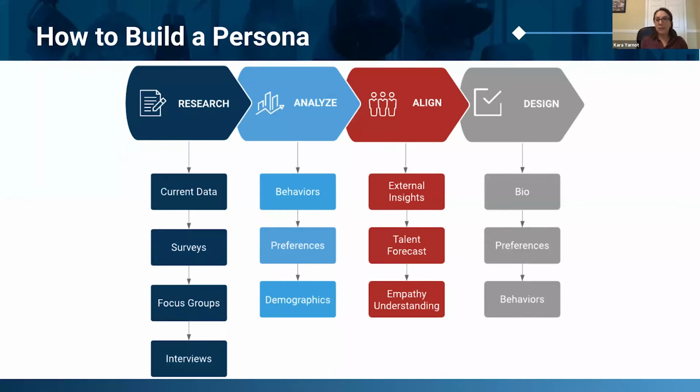What are they interested in? What are their career goals? How do they search for jobs? What are their expectations in the interviewing and selection process, to all the other things that they do, how they spend their time outside of the office, what's most important to them, and of course, where they spend their time